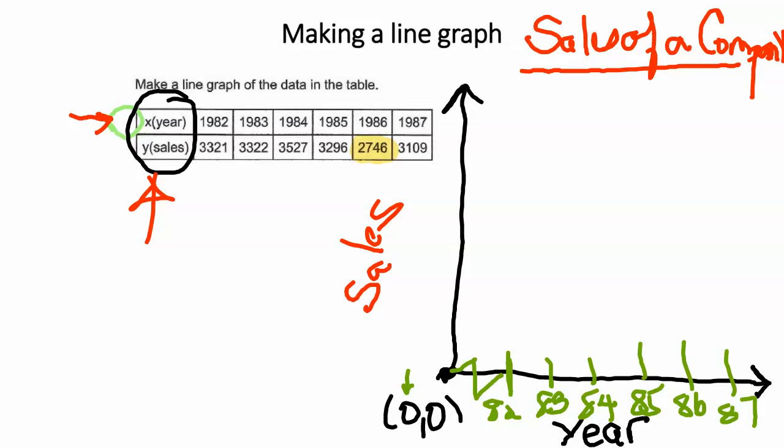That's right here. Now, notice that that number is 2746. Now, the goal with this is to have equal increments between that